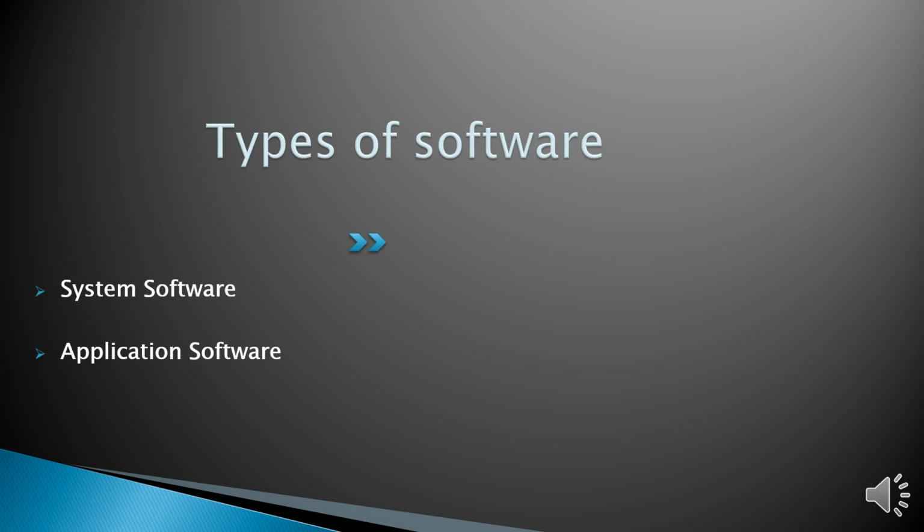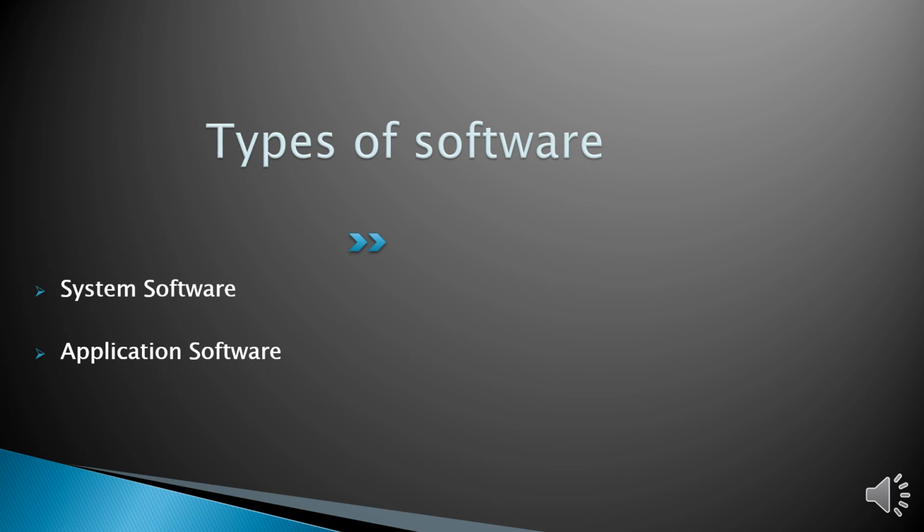What is system software? System software is a program which interacts with the hardware. It manages the operations of the system and directs the computer what to do, when to do, and how to do. It acts as an interface between user and hardware. So the operating system is an example of system software. It is also known as a mediator between computer and user.